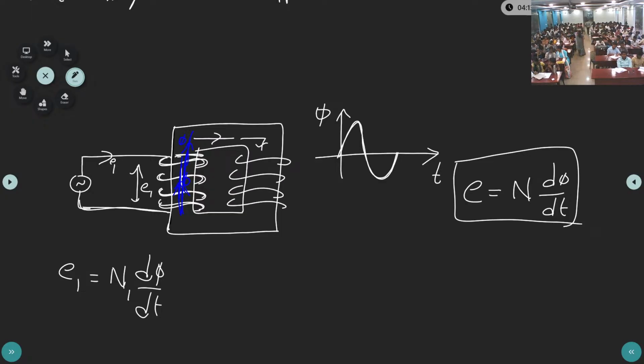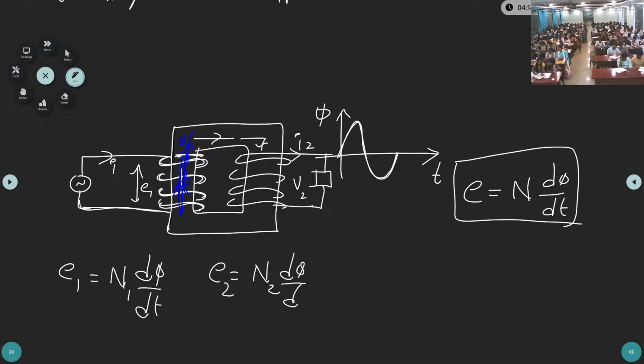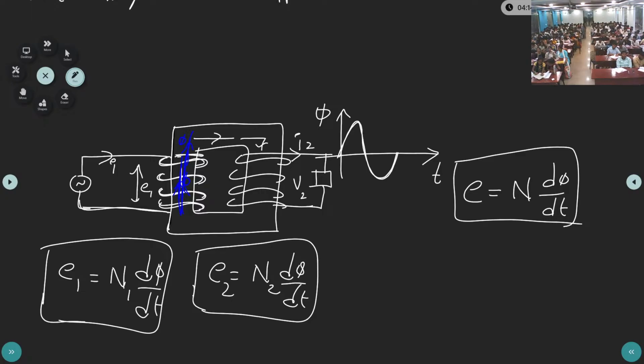How many turns are we having? Secondary winding, E2 is equal to N2 dφ by dt. So see here, the EMF induced in the primary,